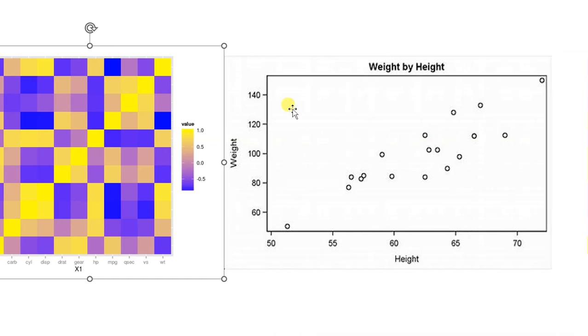Then we just studied the relationship between weight and height of people, and you can see that the relationship is linear. Wherever the height is increasing, the weight is also increasing. Wherever the weight is increasing, the height is also increasing. So that way you can say that the relationship is linear and positive. This way we can understand the relationship between